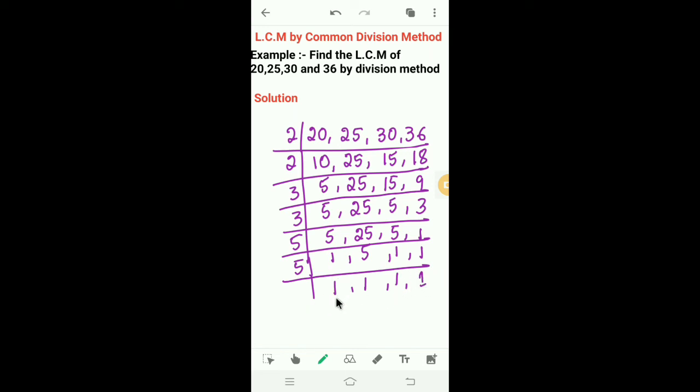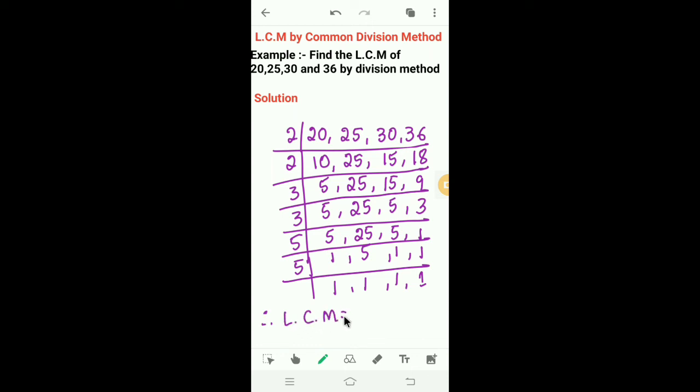Here we have to stop the process because here all the quotients are 1 in the last row. Next we have to multiply all the prime numbers to get the LCM of the given numbers. Therefore,